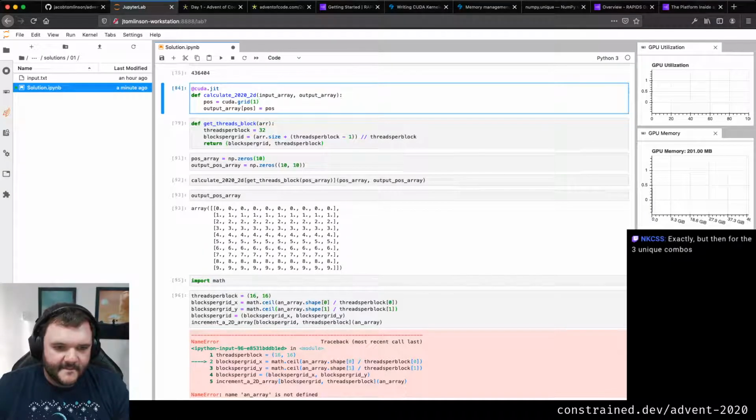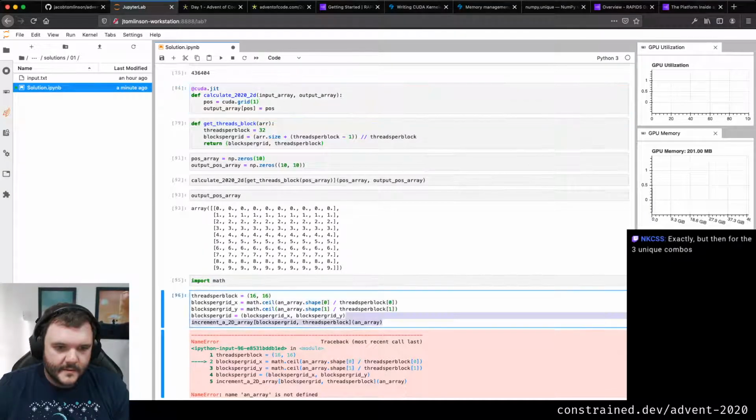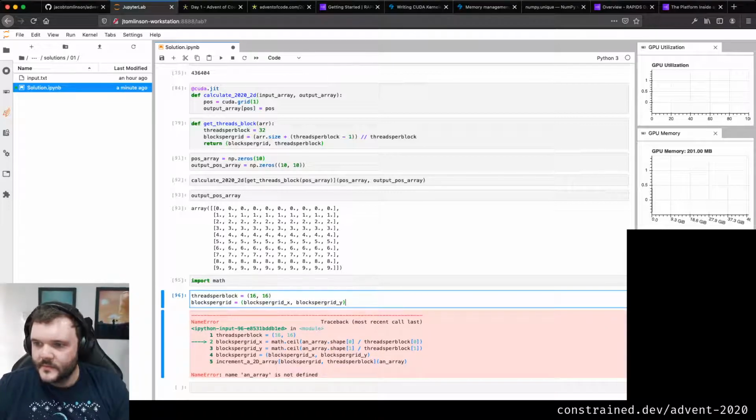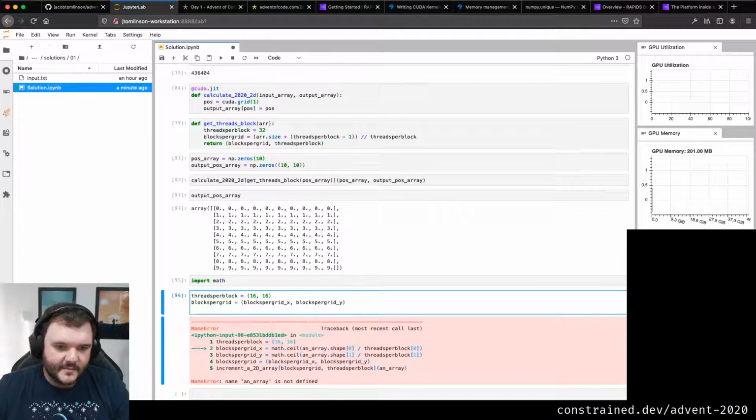So threads per block is 16 by 16, and then blocks per grid is going to be those things. I'm just going to think about it slightly. I want 16 by 16 threads per block, and then blocks per grid I kind of want to be similar to before, right?